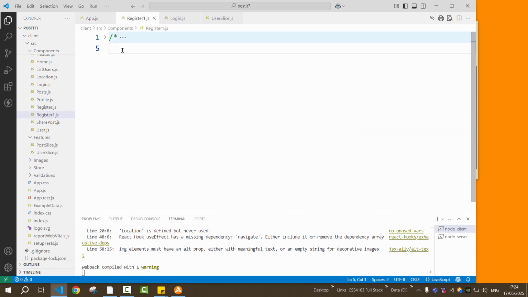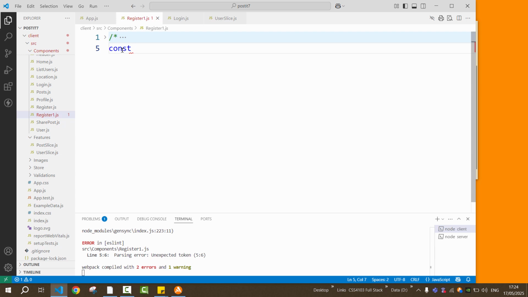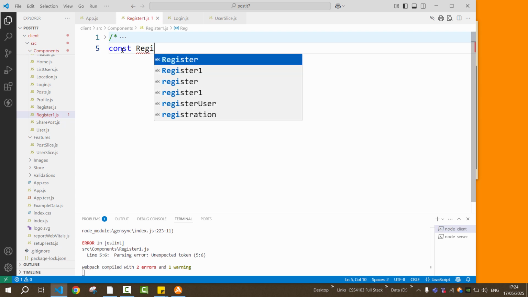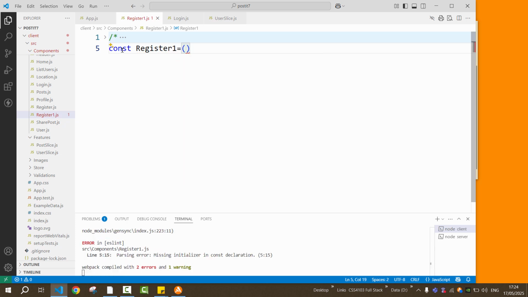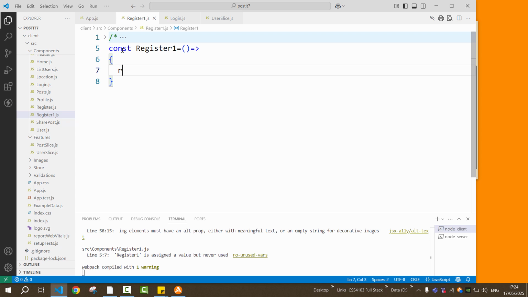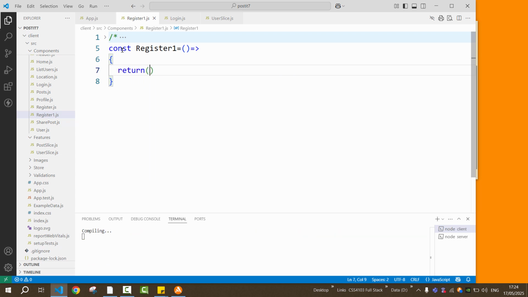Okay, so I'll start with const. Name of this main function will be the same as the name of the file, which is register one equal to parenthesis, arrow operator, and then I have curly brace. Inside this, I have return statement. Inside the return,